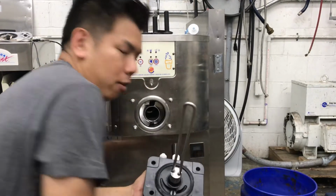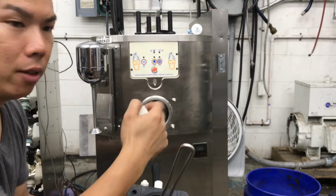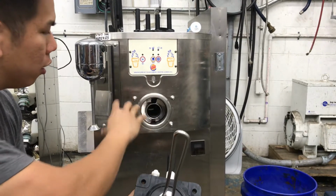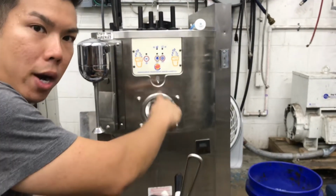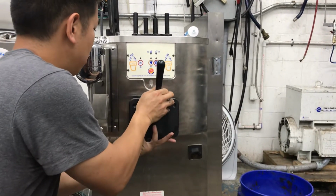On the back side, don't forget your guide ring. Without this, your barrel is going to bounce around, okay? This is going to keep your auger straight, so it won't be causing any irregular scratches or wear on the barrel. So after that's all done, you put this on,